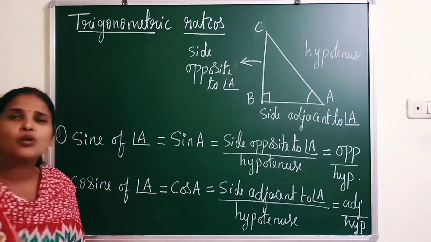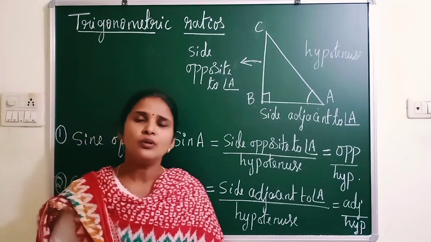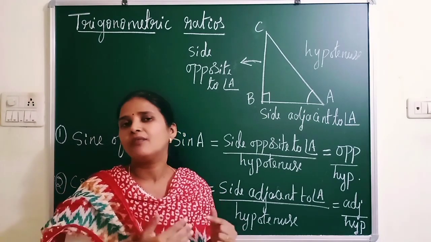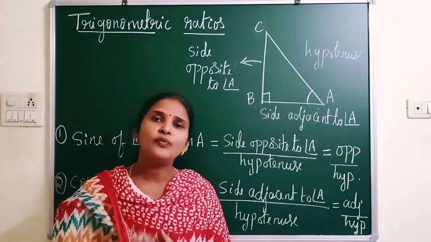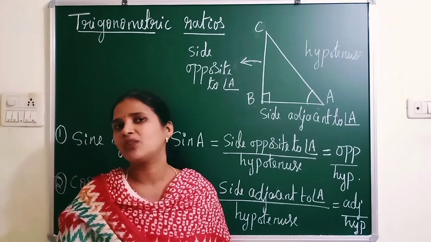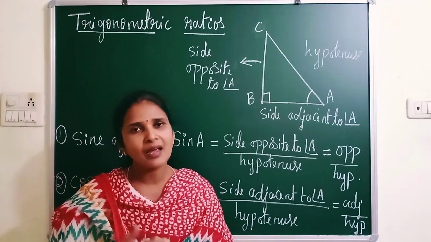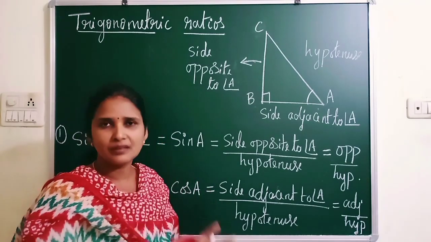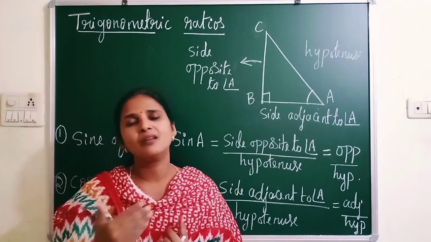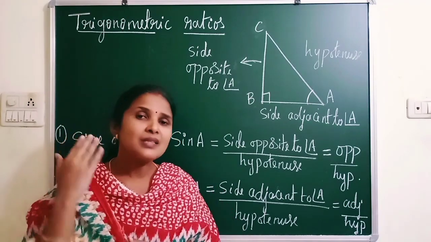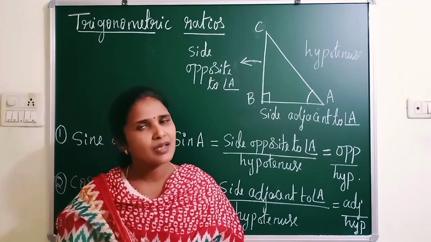Now let us move to another concept, that is trigonometric ratios. So what are trigonometric ratios? As I already said, to solve when we know one side and one acute angle in a right angle triangle and want to find any other side, we cannot use the Pythagoras formula. So we need a technique with a relationship between an angle and the sides. Trigonometric ratios are nothing but a relationship between an angle and the sides in a right angle triangle. There are 6 trigonometric ratios. They are sine, cos, tan, cosec, sec and cot.